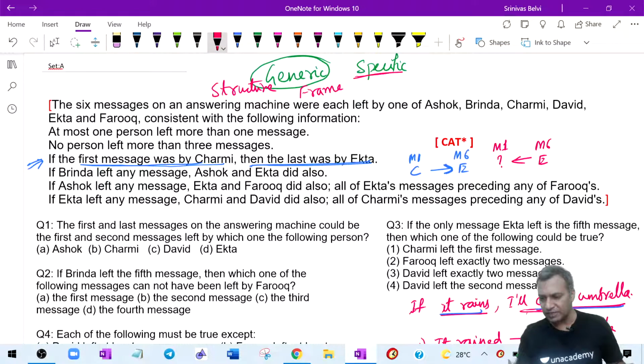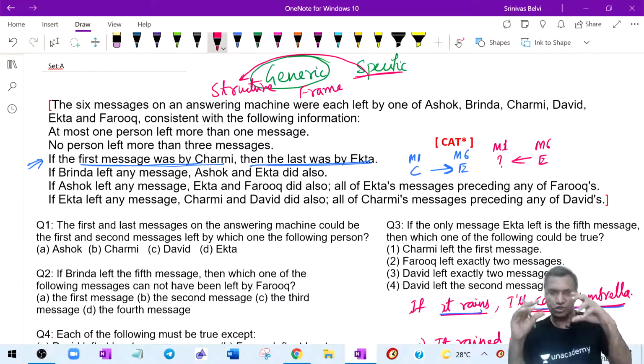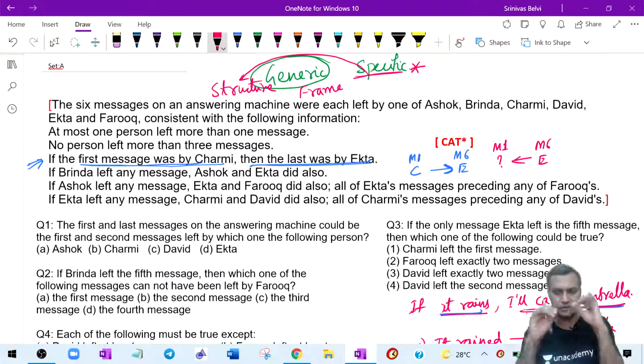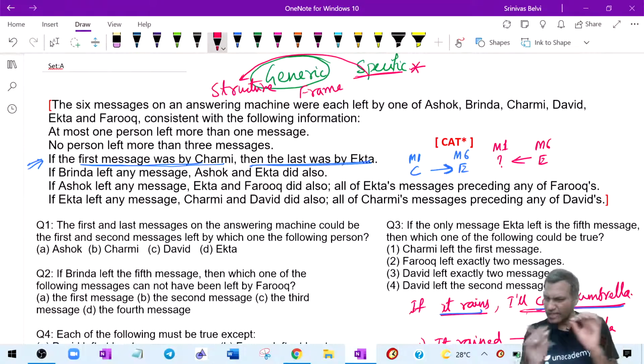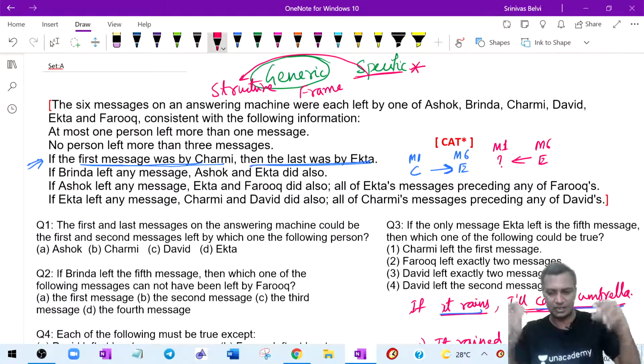What are the specifics trying to do? Specifics will fill into that particular structure. Without getting the structure, whatever time you spend on the specifics might not make much sense, right? So you get the generic structure, and then you try to put the specifics to it. That is point number one I'm trying to illustrate through this puzzle. There is a structure or a frame which is given, and the specifics help us fulfill that structure.